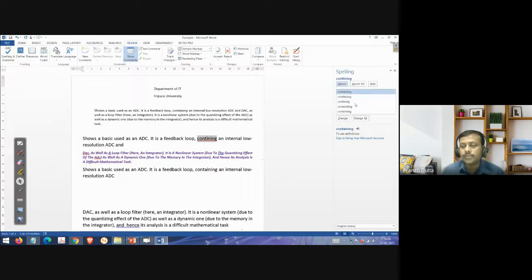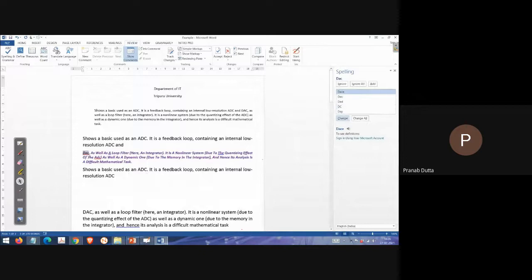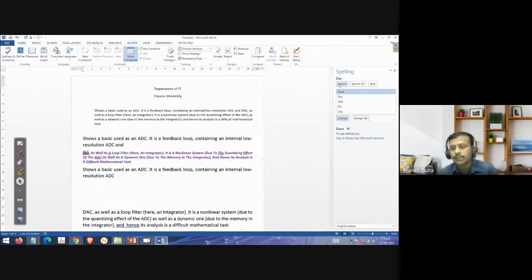So what is the correct one? They are giving you some suggestions. The red means it should be "containing". If I select it and make the change, it is automatically corrected. And sometimes, suppose this is DSC, MS Word shows some words it does not understand as suggestions, but it is correct. DSC is correct, we want to write it as DSC. If some name is there, then we should keep it. Then you just click ignore, so it will stay like this.